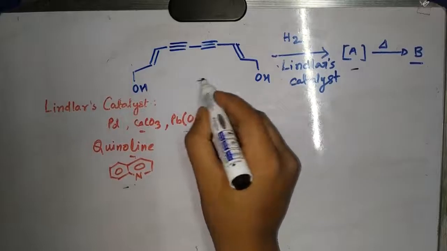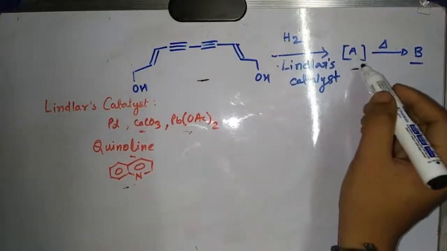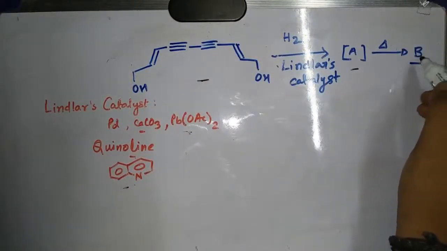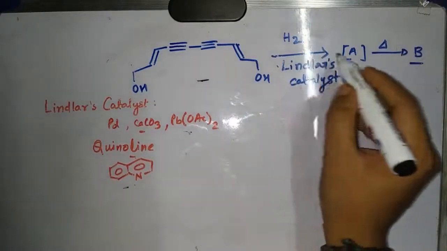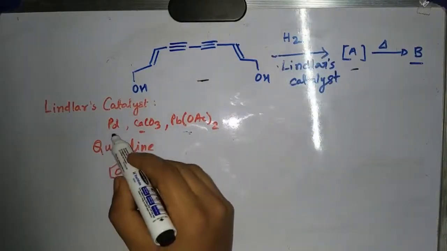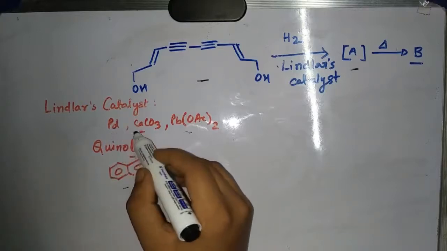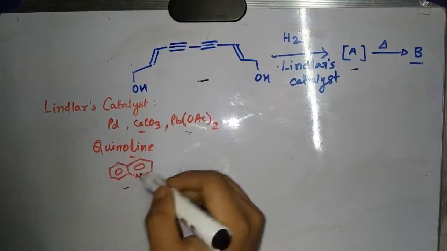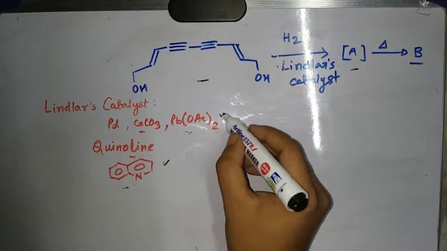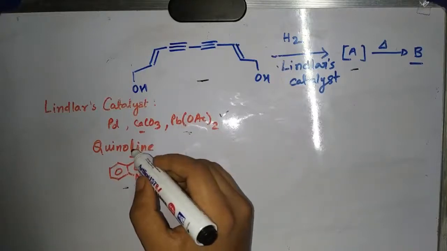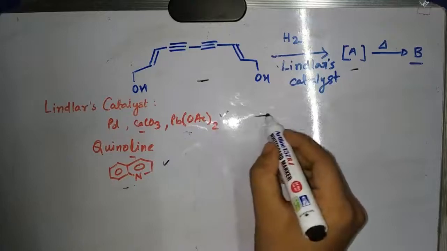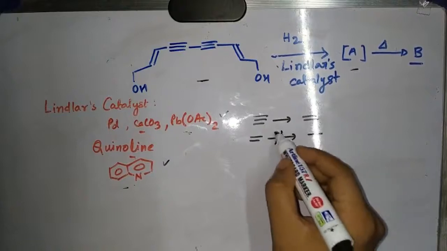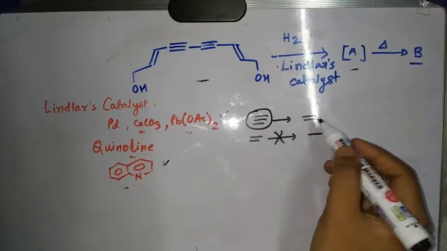Hello guys, this is our starting material and it is treated with the Lindlar catalyst to form this intermediate A, and this intermediate A is treated with heating conditions to form this product B. Before coming to this product, I want to discuss the Lindlar catalyst. What is Lindlar catalyst? It is a palladium catalyst containing a trace amount of calcium carbonate and lead acetate, and a quinoline molecule also in trace amounts. These are the poisons in the catalyst, and they decrease its reactivity. Therefore it will selectively reduce the alkyne to alkene, but it will not reduce the alkene to alkane. So this will selectively react with alkyne, not with alkene.